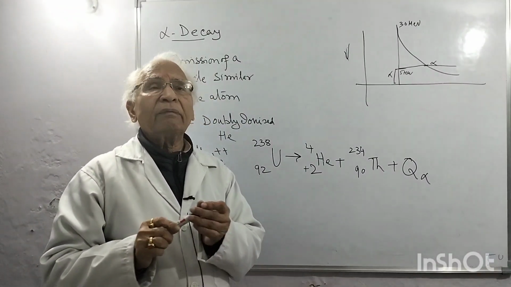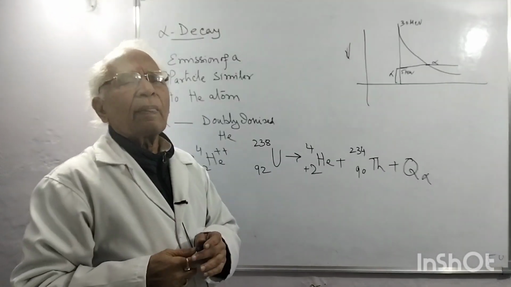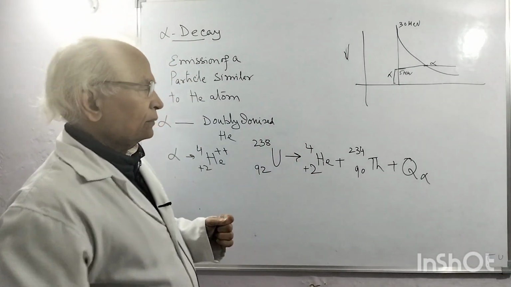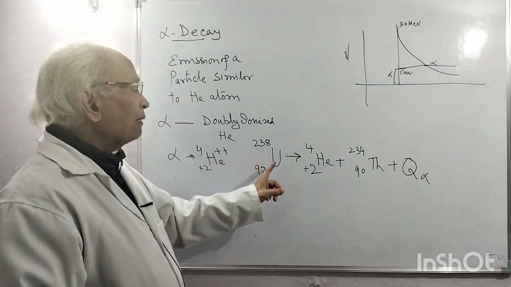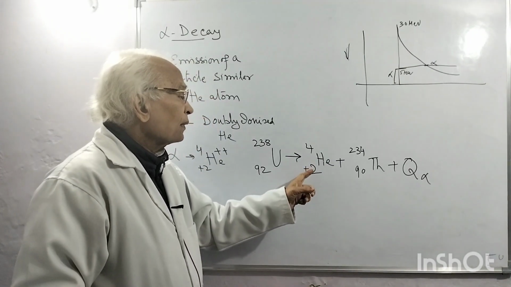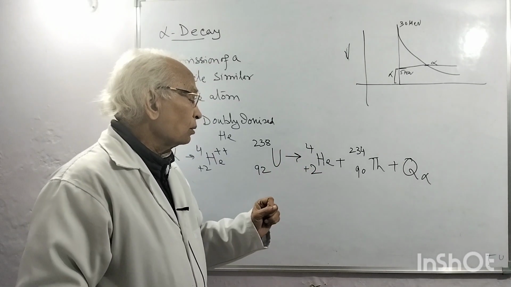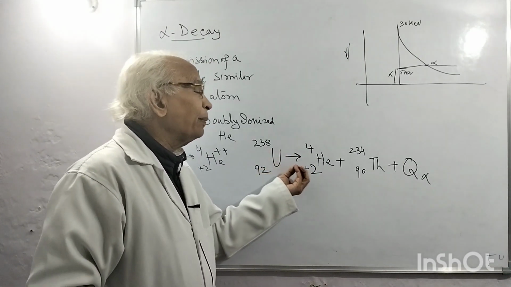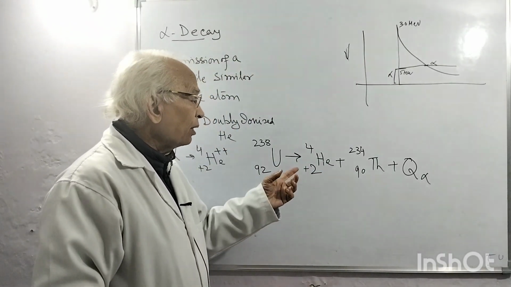It can be explained only by probabilities, because a very small probability will give the result which can be explained by theory and experiment both. But here I will say only one question about the alpha particle: it has 4 particles, two protons and 2 neutrons. From uranium, how is it that 4 particles are coming out in a natural process? Because